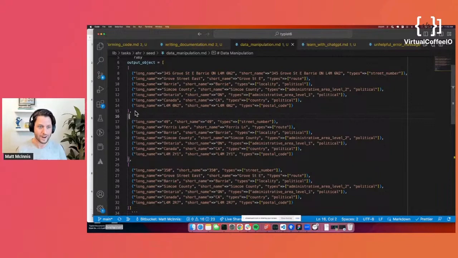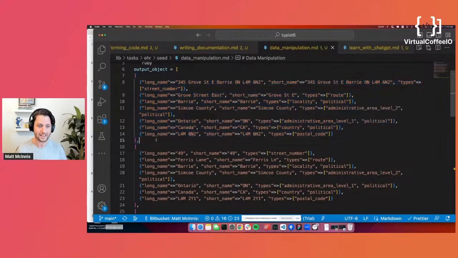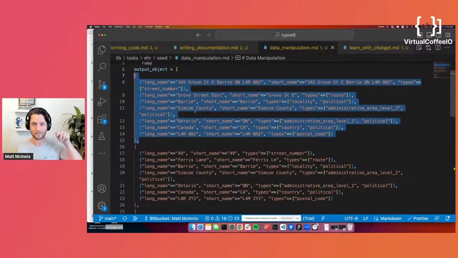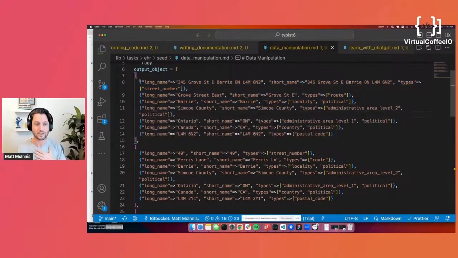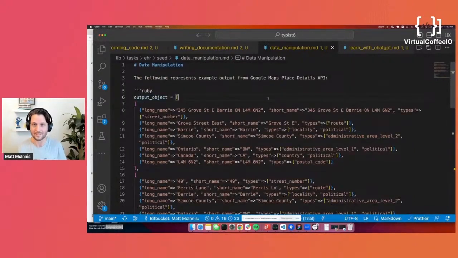Each one of these arrays here, I know it's small on your screen, let me make it larger, is one business. So imagine you're at Google Maps and you clicked on a particular business. You'll see it's an array of objects that have a property called long name, which really is just a bunch of text. And then they have this type property that's an array. This type property tells us that this is a street number, a route, or this array has two elements, that it's locality or political, administrative area two. But really what I'd like is, pretend I have just 10 of these results and I just need a YAML file for these 10 results. That's what I'm going to do here.